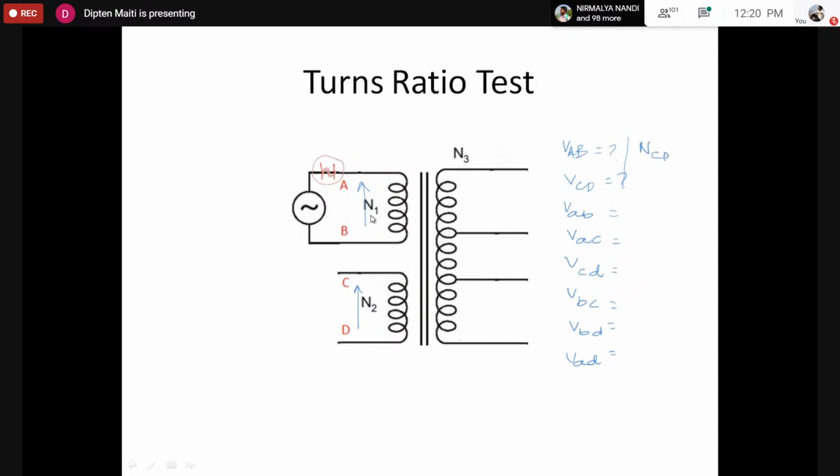From this we have to calculate the turns ratio NCD by NAB. So that would be equal to VCD by VAB this way. And for this we would measure